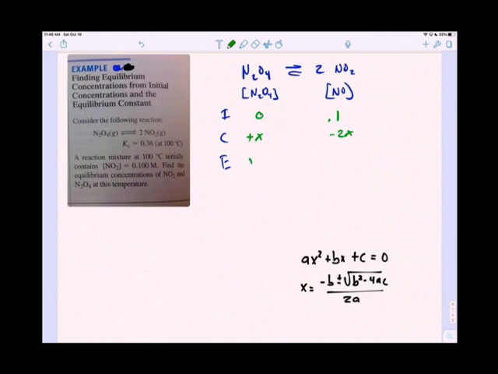And that means at equilibrium, we have x of this, and we're going to have 0.1 minus 2x of that. And our Kc is going to be products NO2 squared over N2O4, which is 0.36, which is 0.1 minus 2x